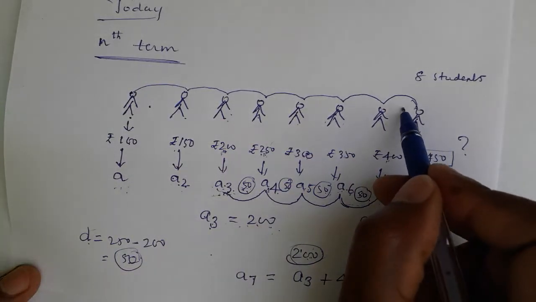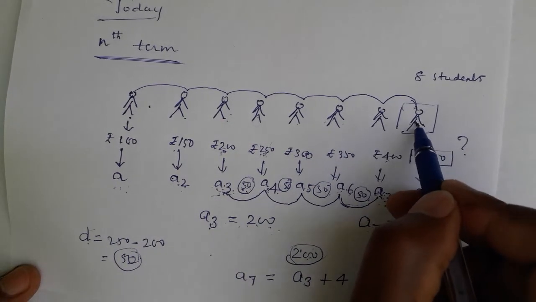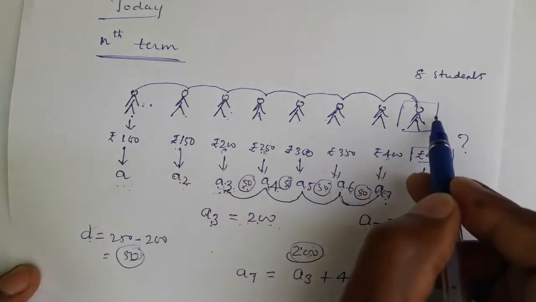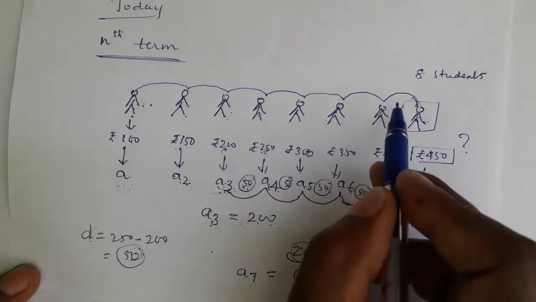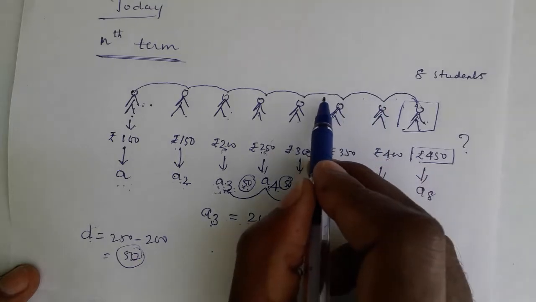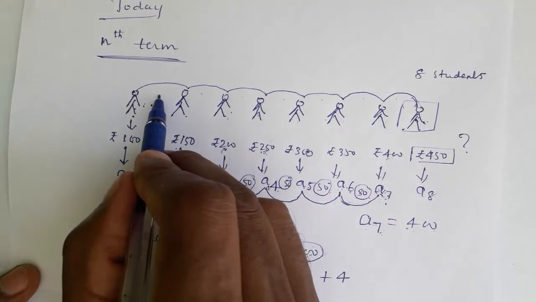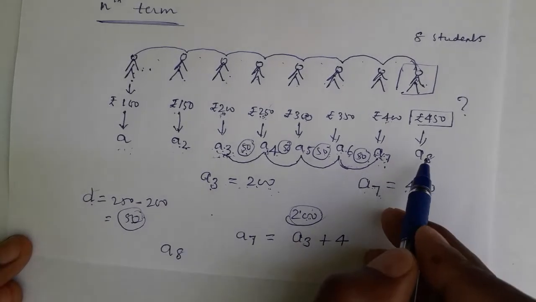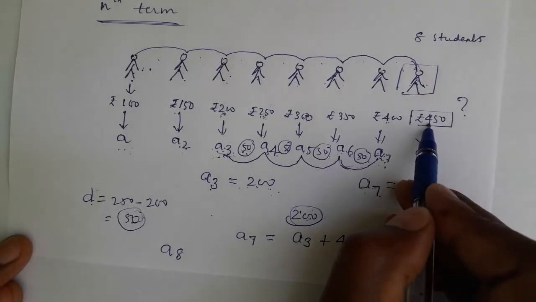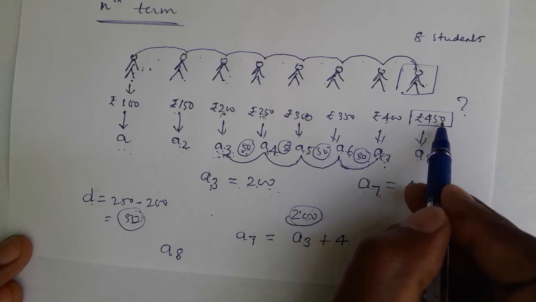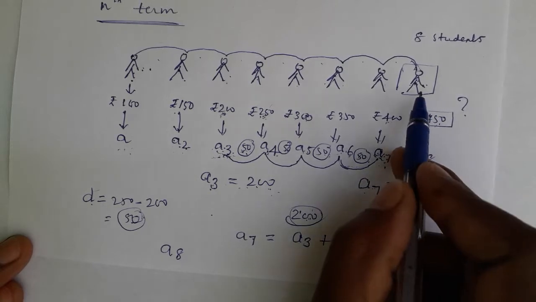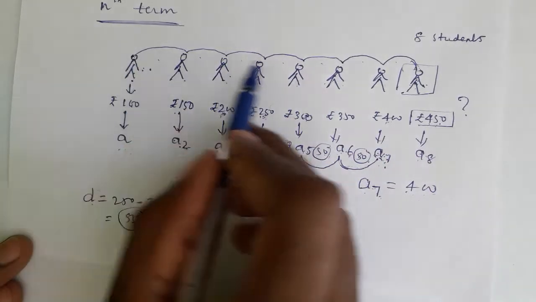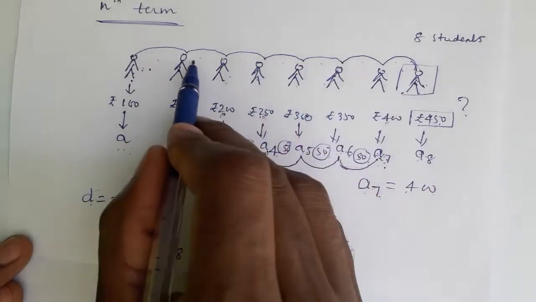So this 8th person's answer is unknown. What does he do? This 8th person goes to the first person. When he goes to the first person, how many jumps does he take? 1, 2, 3, 4, 5, 6, 7. Totally 7 jumps he takes. So what is the eighth person? The eighth person is A8. His value is 450, we know that, but let us assume this value is unknown. This eighth person went to meet the first person. At that time he certainly takes 7 jumps.